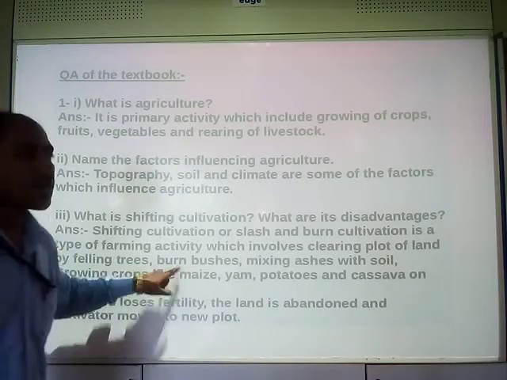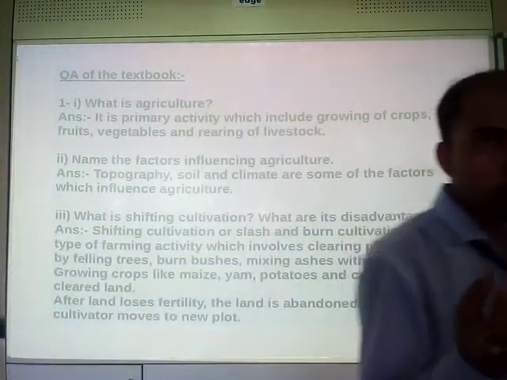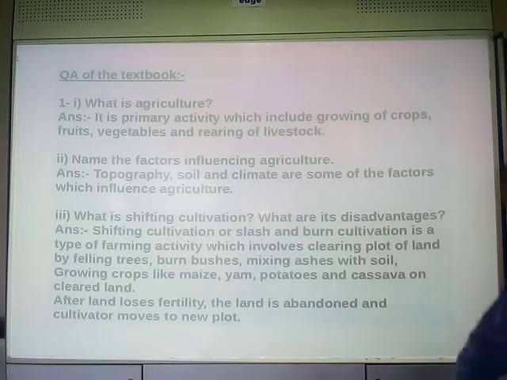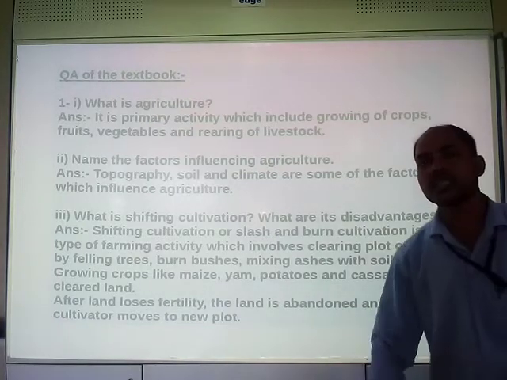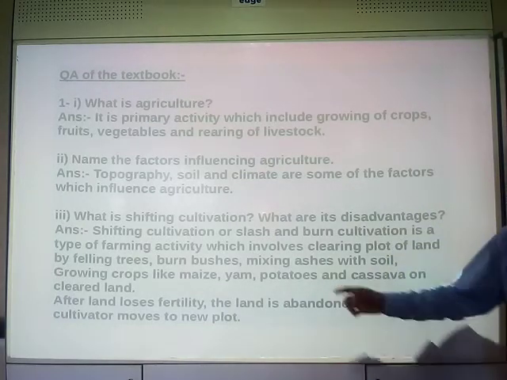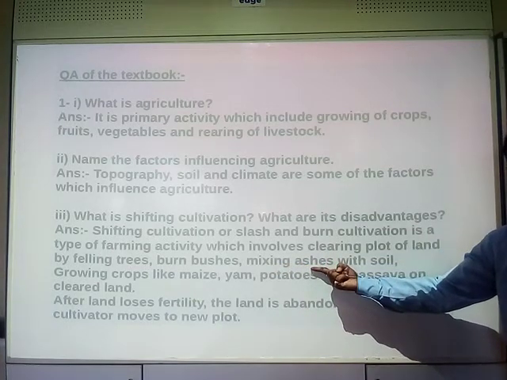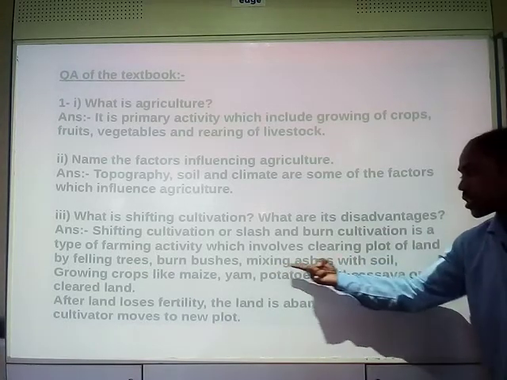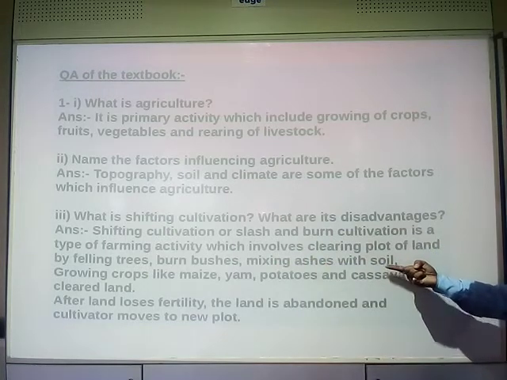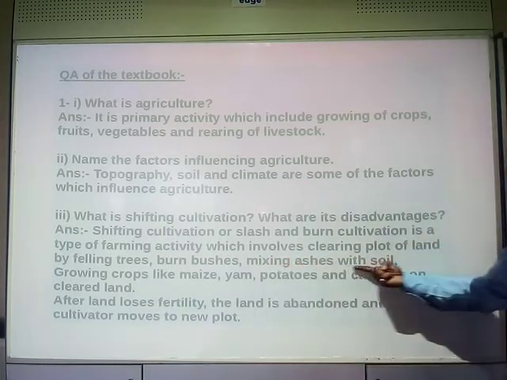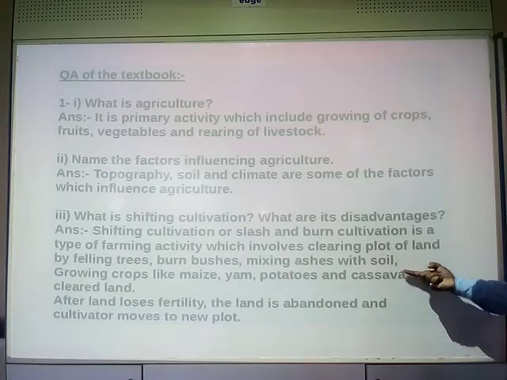Then small bushes, small plants on the ground are burnt down, right? Then we get ash, right? Ashes are obtained. Those ashes are mixed with the soil, and then